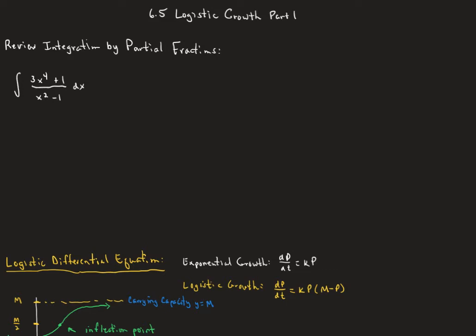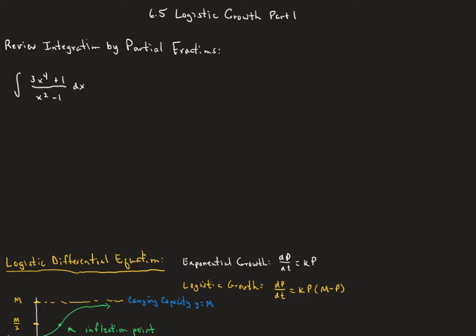In this video, we're going to start the conversation about section 6.5, logistic growth. But before we do that, let's review integration using our technique of partial fractions, because we're going to need this eventually to solve the logistic growth differential equation. So in our integral, 3x to the fourth plus 1 over x squared minus 1, we see the